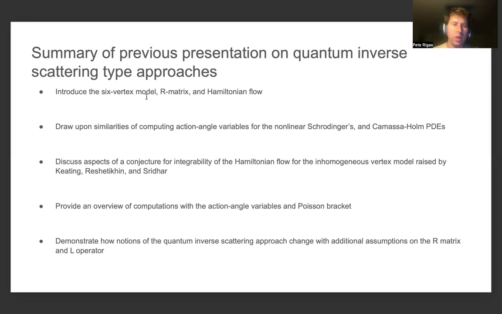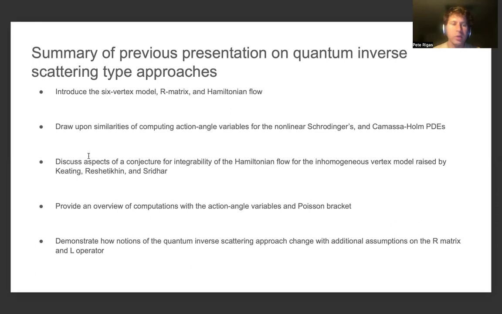So we're going to be reintroducing a couple of materials and objects just to very briefly review, from which we'll further be discussing the two-dimensional case, as well as some other aspects of the three-dimensional case that we can tackle and approach with the information that we'll be mentioning. So this is to say that we'll be reintroducing very briefly the six-vertex model, the R matrix, and the Hamiltonian flow. And we'll draw upon similarities of computing the action angle variables for the nonlinear Schrodinger and Camassa-Holm partial differential equations,